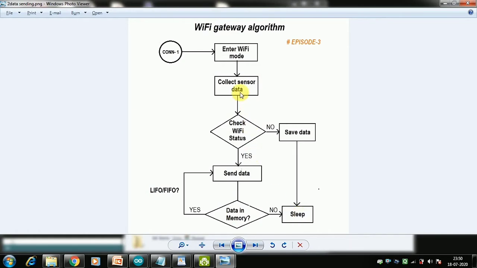But if the Wi-Fi is not up, and the controller goes to sleep directly without saving data into some non-volatile memory like EEPROM or SPIFFS, all the data that is in RAM variables is lost. So when the device wakes up next time, there is no past record, and this data is lost forever. That is where saving and retrieving data from EEPROM or SPIFFS becomes very important. With that in mind, let us get into the code.